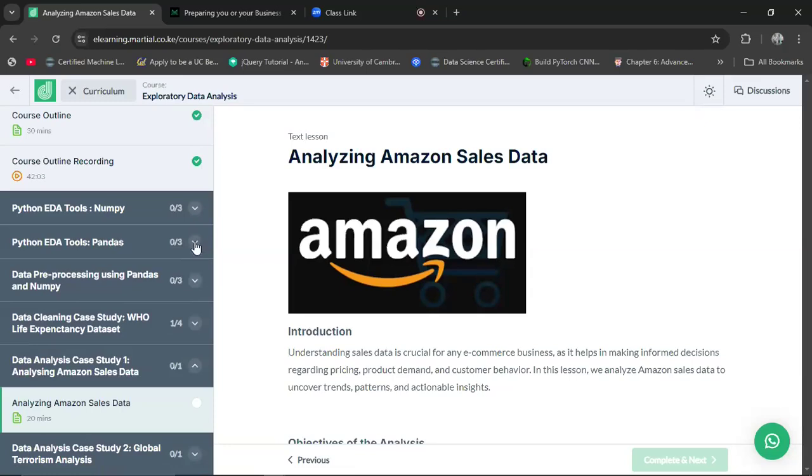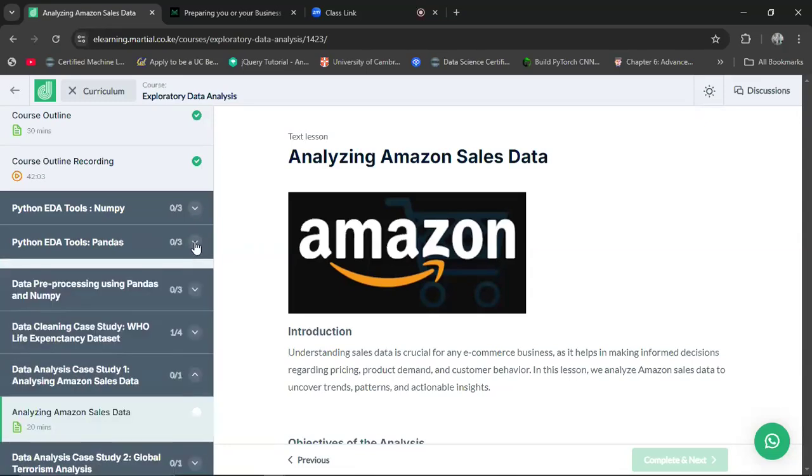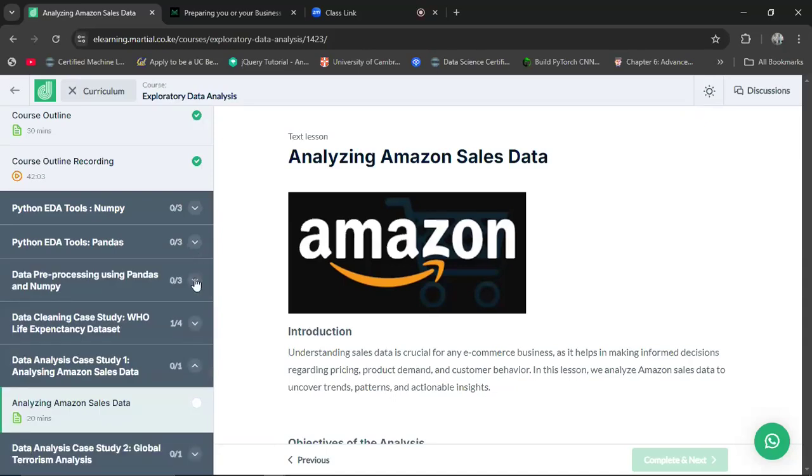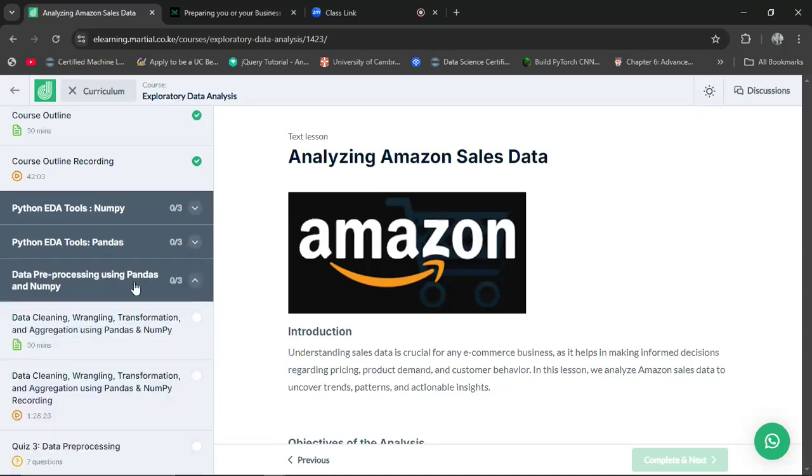From there, we did some pandas tutorials, and we talked about pandas as a library that is useful in generating pandas series and pandas data frame. We mentioned that pandas series and pandas data frame are the foundation of structured data in data science and data analysis. From there, we mentioned how you can pre-process